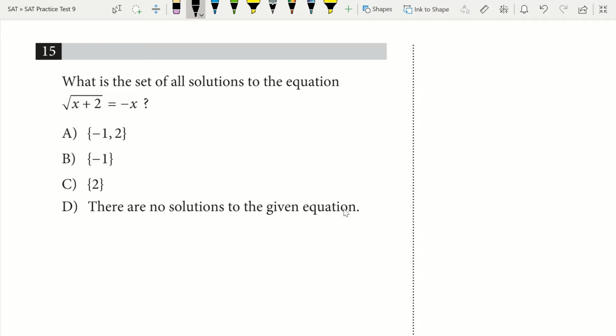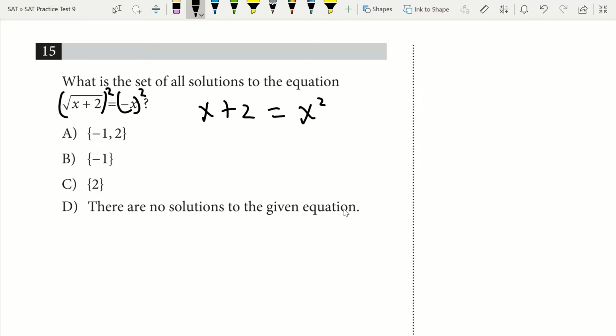Okay, 20 seconds is now up. So what you're going to want to do here is get rid of that square root. You're going to get rid of that square root by squaring it. Now you've got x plus 2. Obviously, you have to square each side. X plus 2 is going to equal negative x times negative x, which you know is going to give you positive x squared. At that point, you could go ahead and set it equal to 0,